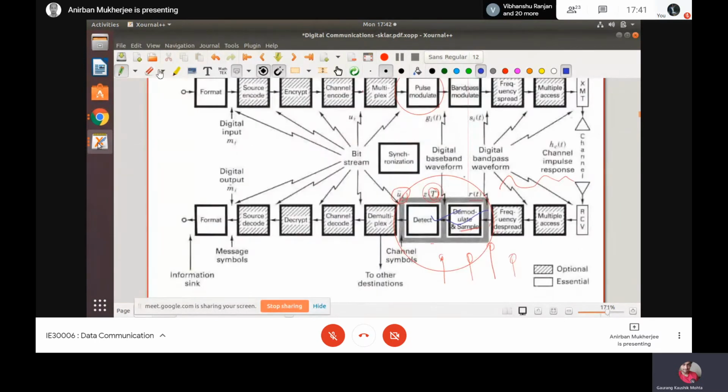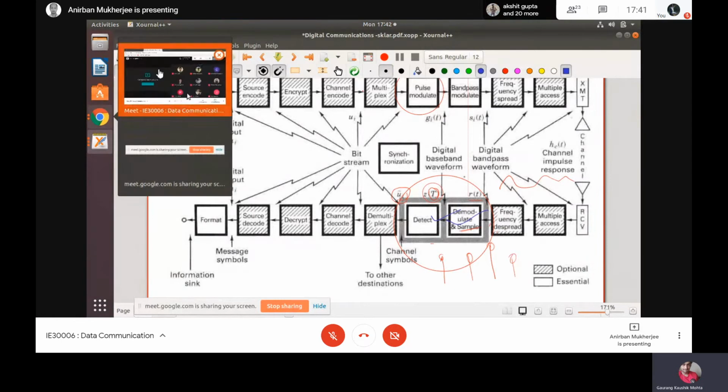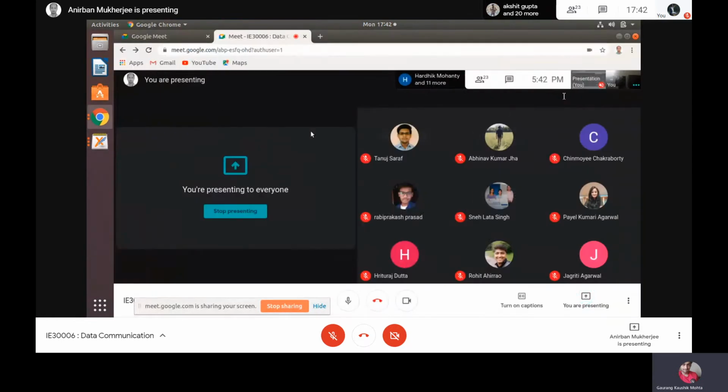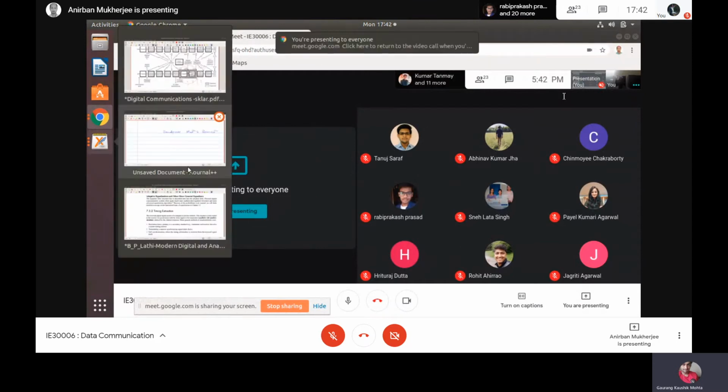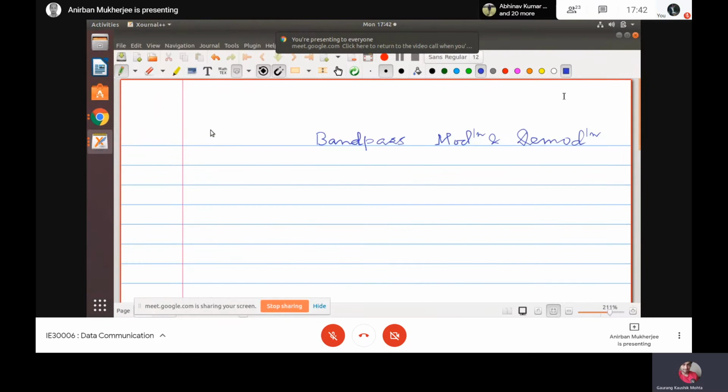band pass modulation, now in this band pass modulation, mostly we have a symbol. Now the problem is that if I have a pulse kind of thing, we transmitted the symbol over a pulse, say PCM for binary transmission. If it is not binary, if it is M-ary, we are doing M-ary PAM and all. But the basic point is it was all pulse like.